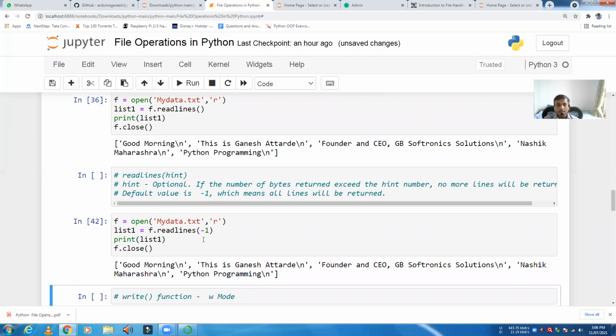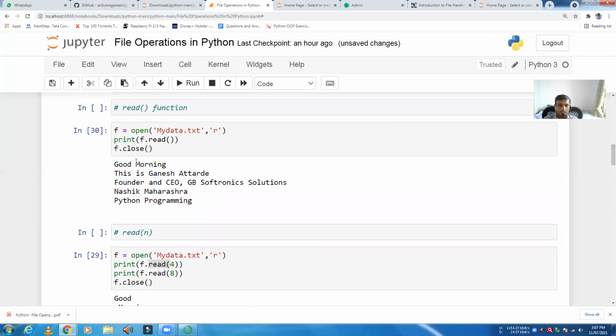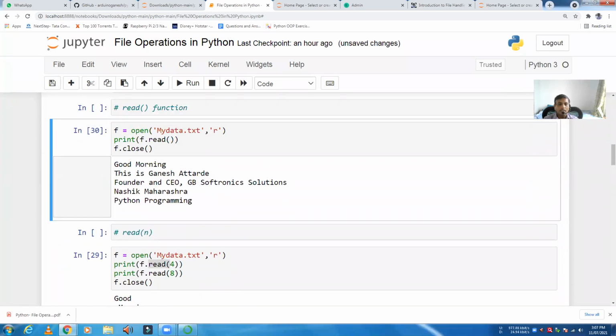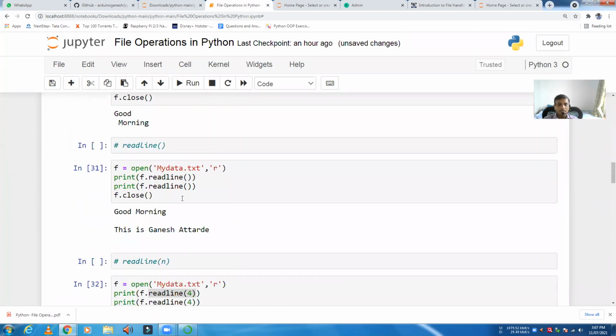So it means how many lines you need. Suppose I need the whole lines, then give -1. But suppose I want to say this is the content of my file, and out of this content, I need this many characters, the first so many characters. So just read how many bytes are there. 1 2 3 4 5 6 7 8 9 10 11 12 13 14 15 16 17 18 19. Okay, so I gave 19, and the 19th character comes in the second line, so it will also read the second line.